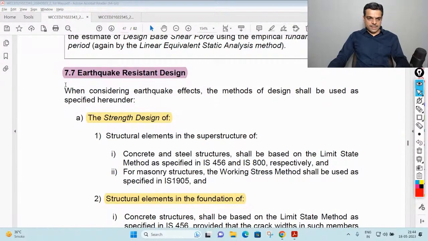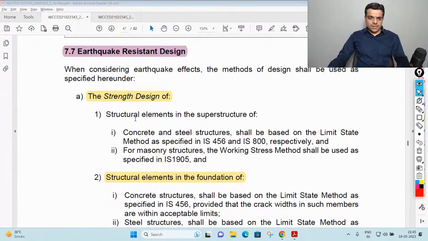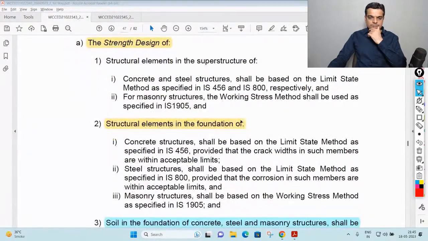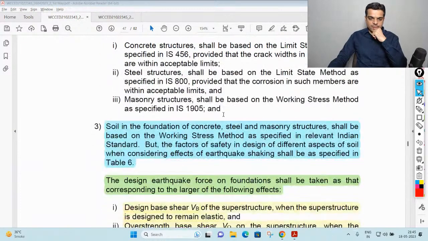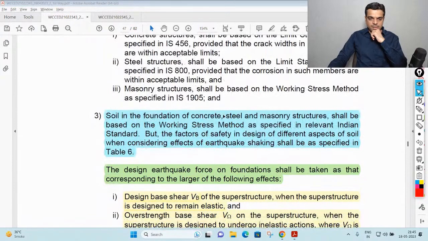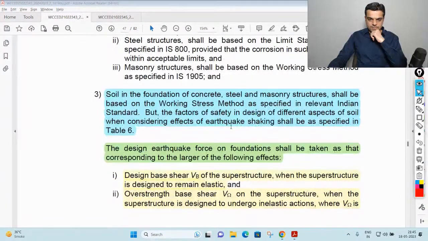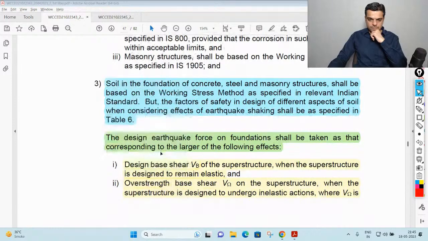Then earthquake resistant design, the strength design for the structural elements in the superstructure, for concrete and steel, is to be carried out by IS 456 and IS 800. And then for structural elements in the foundation, the codes are identified here. Particularly here for soil in the foundation,